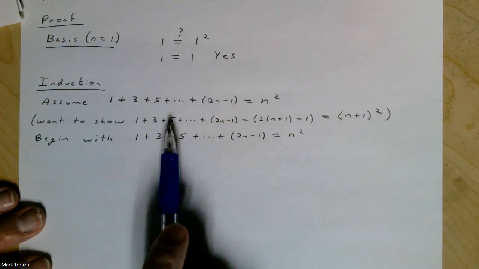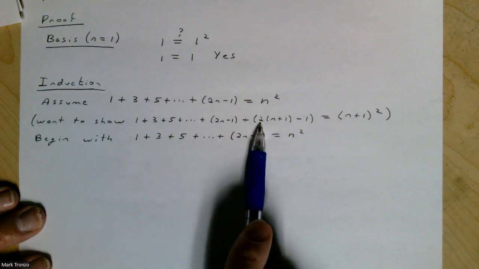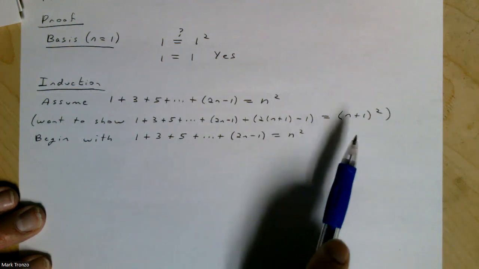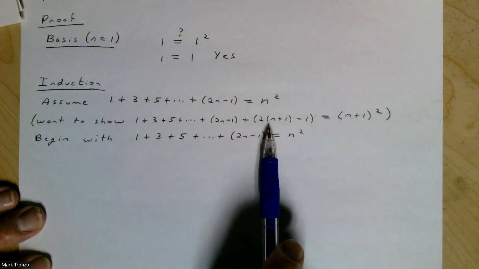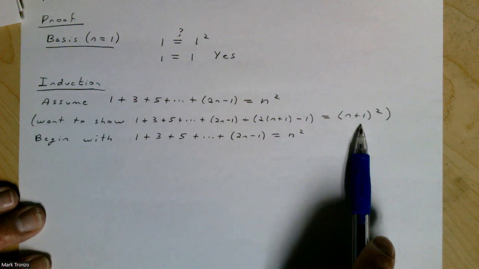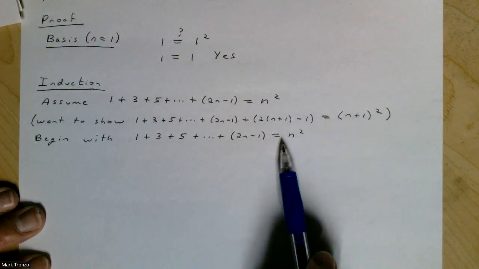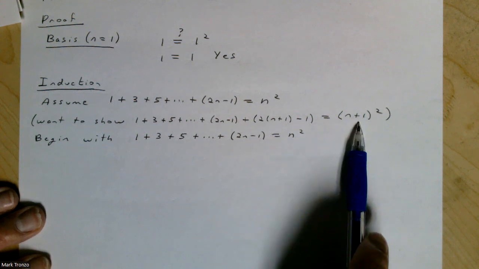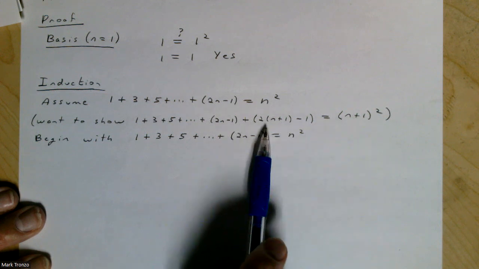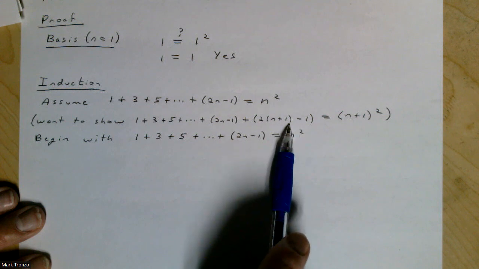And again, we're going to try to match. We're eventually going to try to show this up here. So once again, maybe try to match either the left-hand side or the right-hand side by maybe adding something. Now, it'll be difficult to add something to the right-hand side to get this, but it'd be pretty easy to add this to both sides